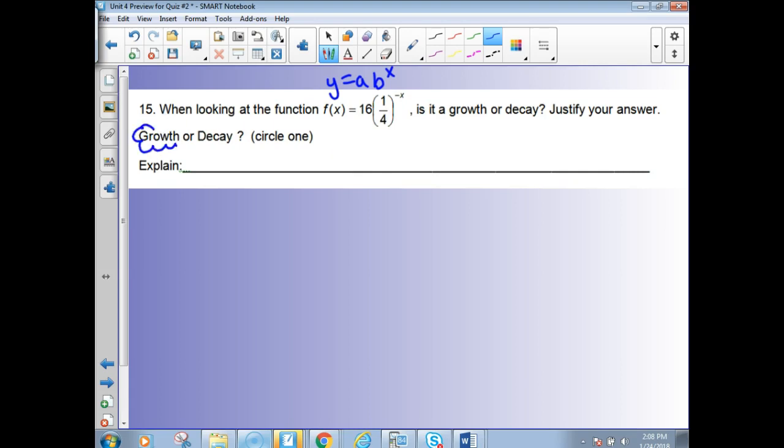It's actually growth. And to explain it, it's because 1/4 to the negative x is equivalent to 1/4 to the negative 1, right, made my parenthesis too soon. Oopsie. 1/4 to the negative 1 to the x. You can separate that. 1/4 to the negative 1 is actually 4. So this is actually 4 to the x power. So the b value, or the growth factor,